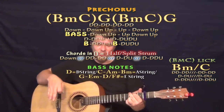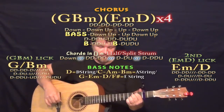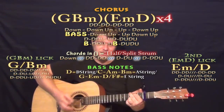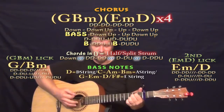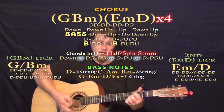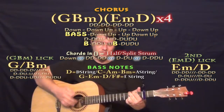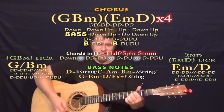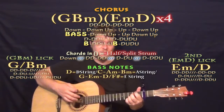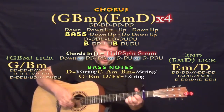From there, we'll be going into our chorus part, which kind of does that evening out on the E minor, the second E minor D through the phrase. So we tried that with our downs. We'd have kind of that G, B minor, E minor, D, G, B minor, E minor for 4, D for 4, or the G, down, up, B minor, E minor, down, up, B, G, down, up, B minor, E minor, down, D, down, up, or if you're digging on the 16th, you have the G,